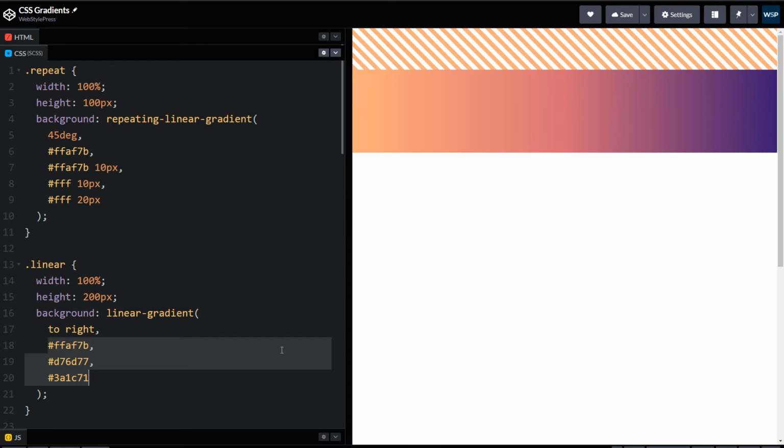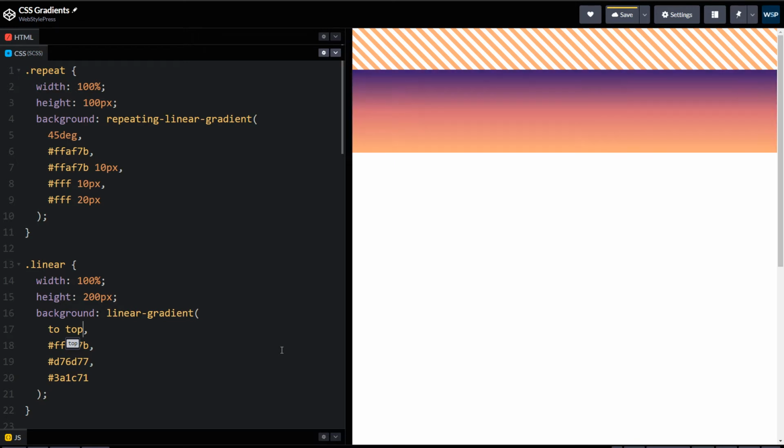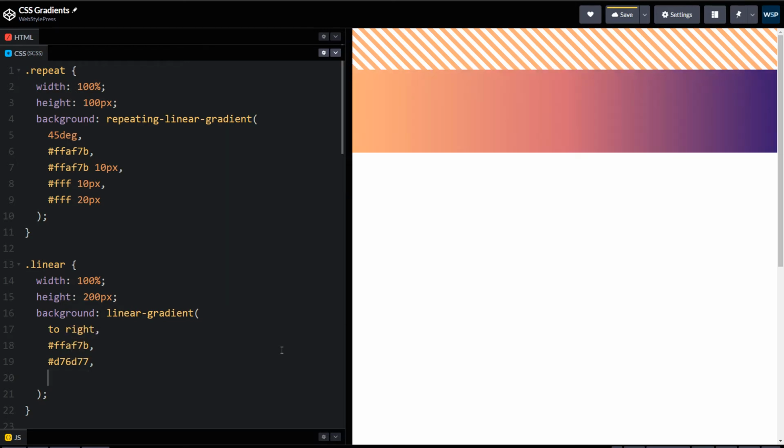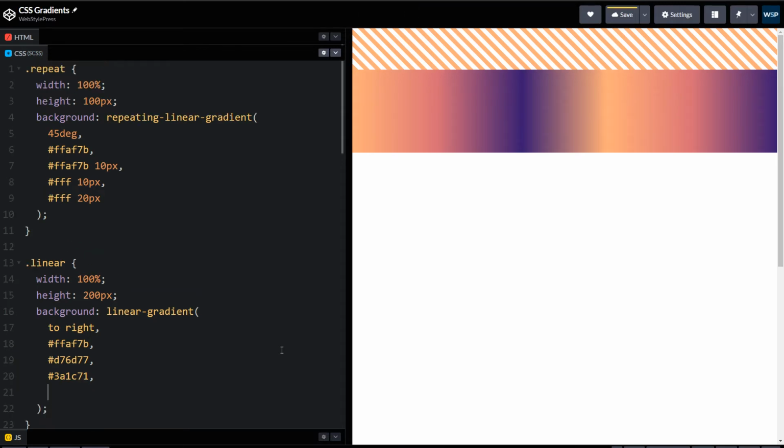We can even use RGBA values in it. To right, to left, to top. This is better.